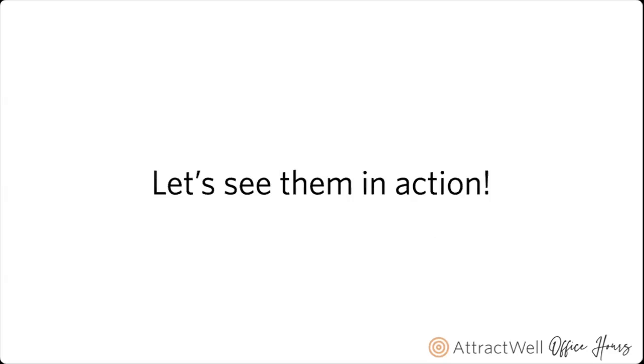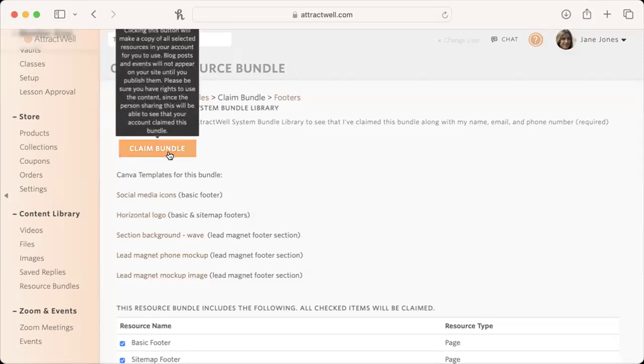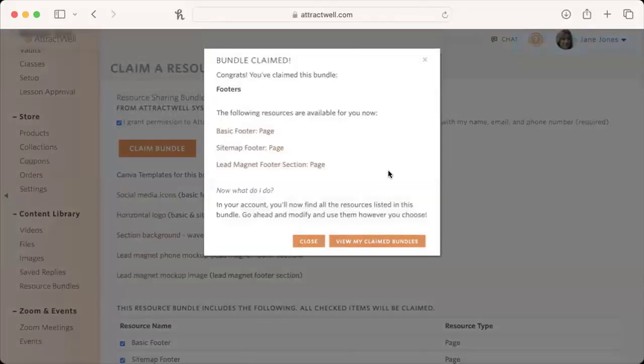Let's see this in action by going over to AttractWell. Now do make sure that you are logged into your AttractWell account first before you click the link in the description of this video. That's where you can go to claim this bundle right now. So we're going to check the box. We're going to click claim bundle. But before I go anywhere, I'm actually going to